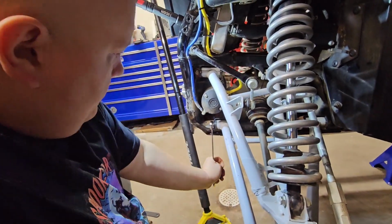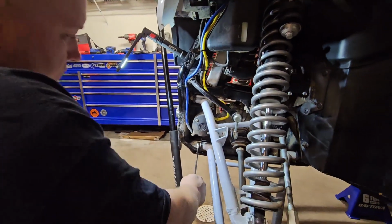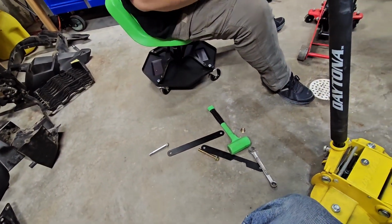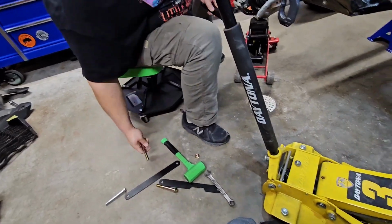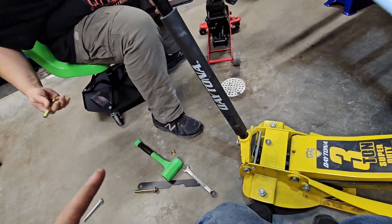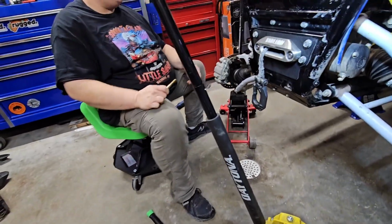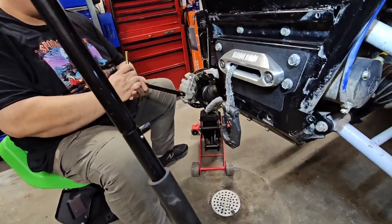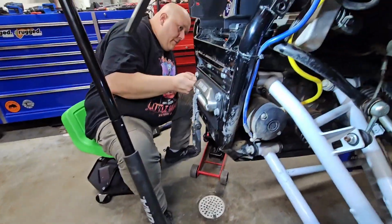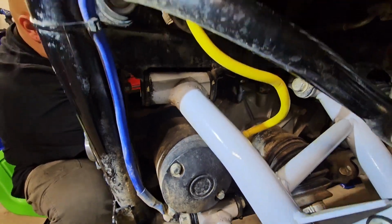Okay. So he's basically got that one in. Now we're going to do the next one. All right. So he's grabbing these two front, or oops, I guess you don't need that quite yet. Just put that on your chair. The other bracket. Yeah, just one of these. Because you got to do the backside first, right? Backside first. Okay, so he's gonna slide that bracket through. He's got both these bolts out. He's gonna slide that in there,